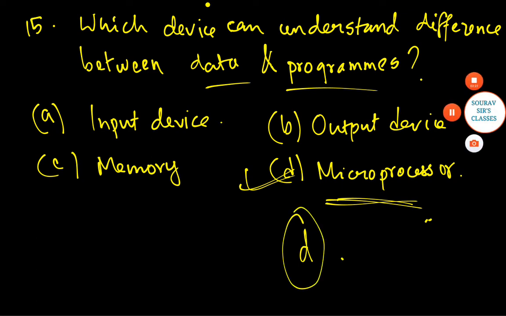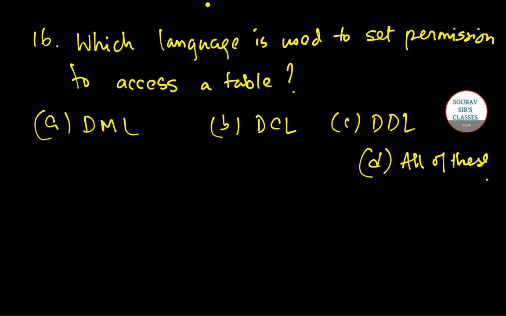Now moving on to the next question. So in question number 16, we have which language is used to set permission to access a table, and option A has DML, B says DCL, C says DDL, and D says all of these. So we can safely say this is not the case, and option number B will be the correct option, because